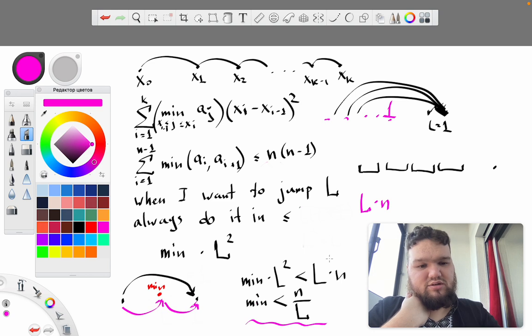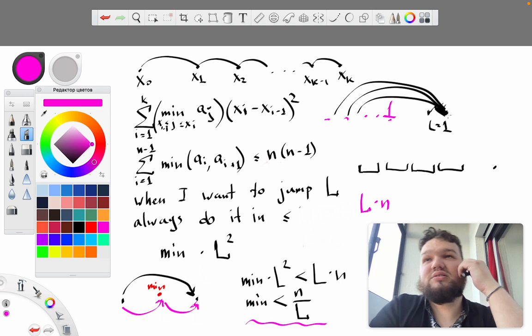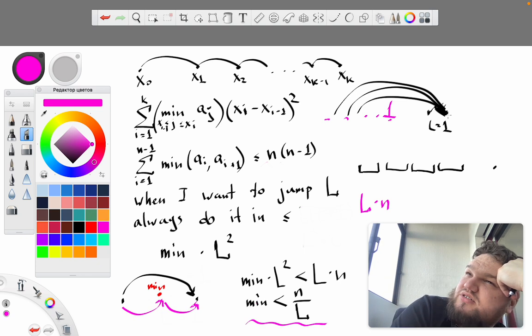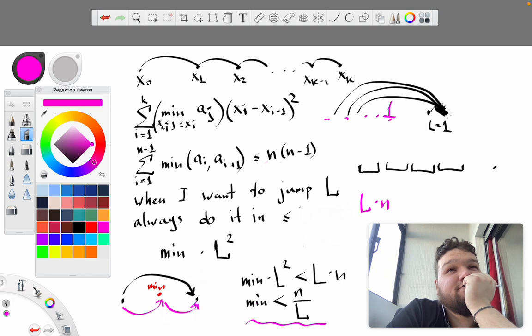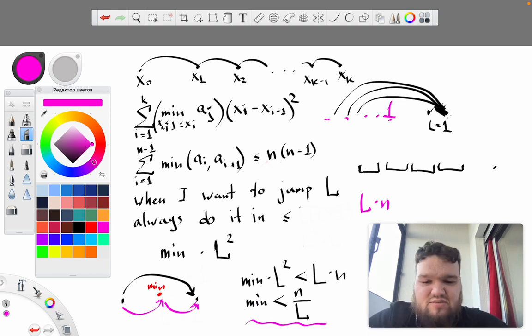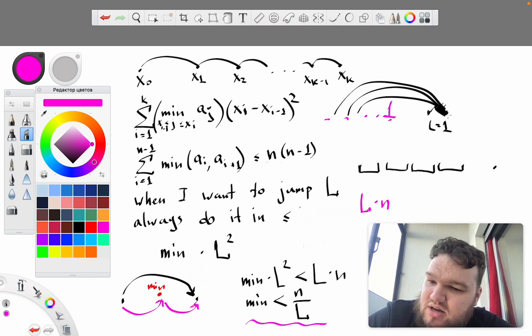Or like maybe the minimum is this, like the right border. That might be a problem. So if the minimum is the left border, then yes. But if the minimum is the right border,